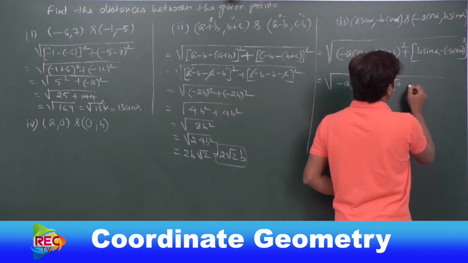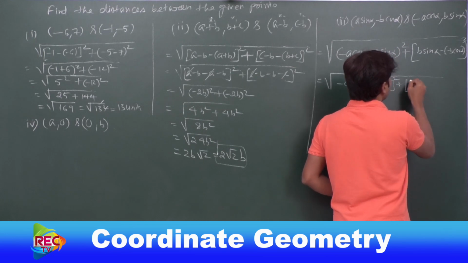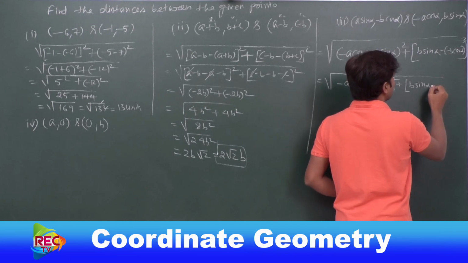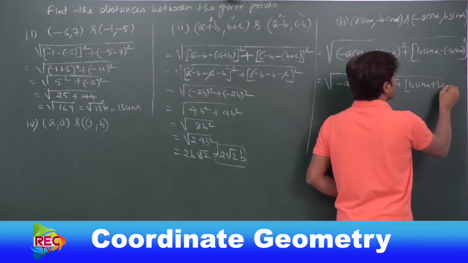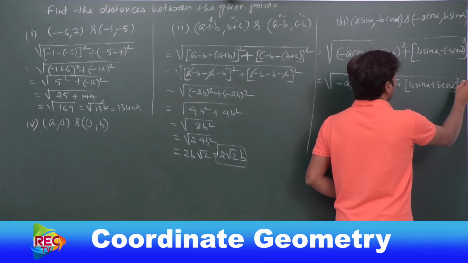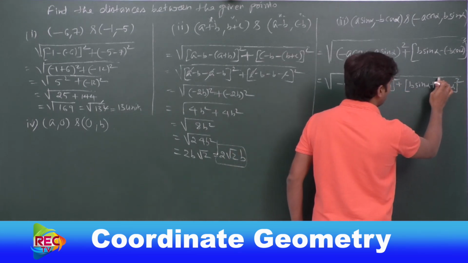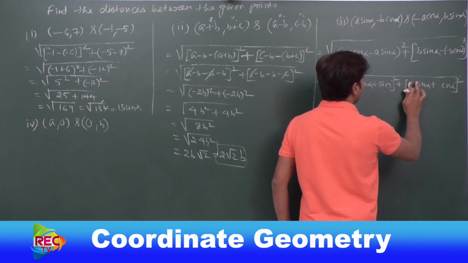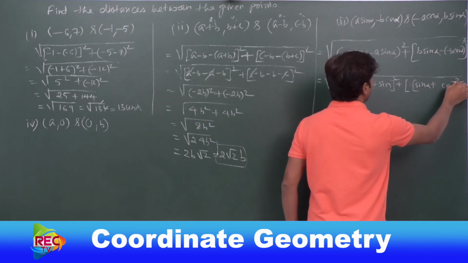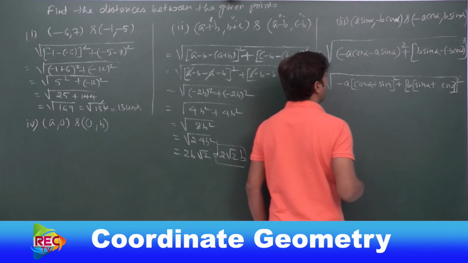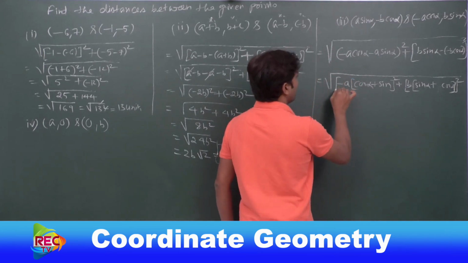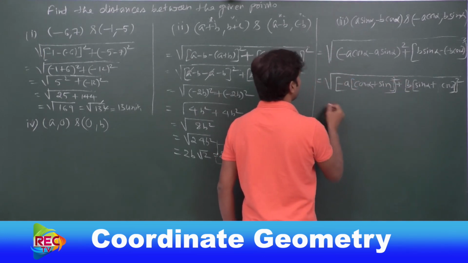And here also do one thing. Here minus of minus b would be plus b, right? See this, b sin alpha plus b cos alpha, to this whole square. Now again here also we can take common b from these two or not? Yes, we can take common b inside the brackets. Okay, we took it common.